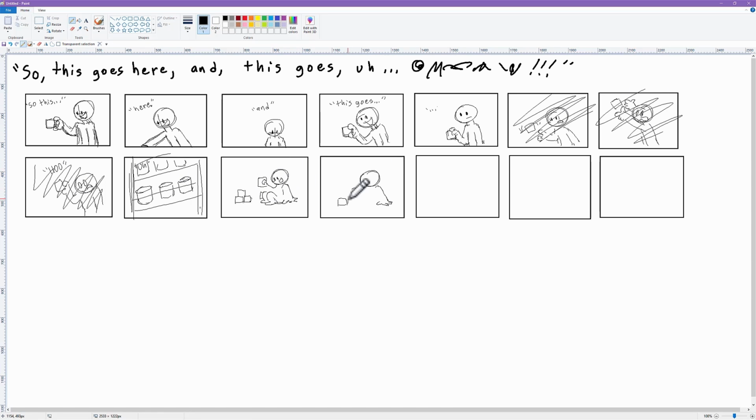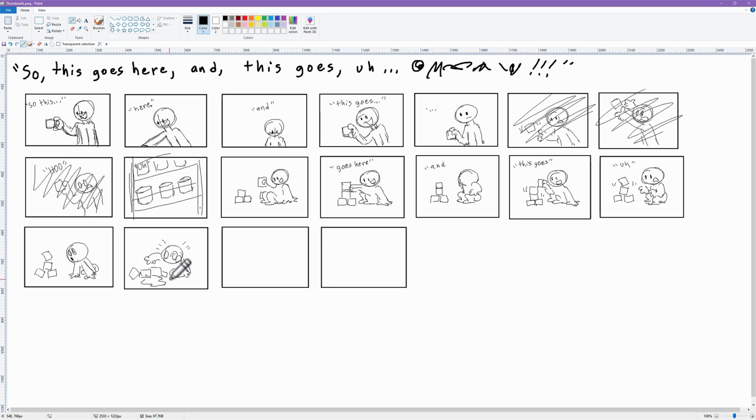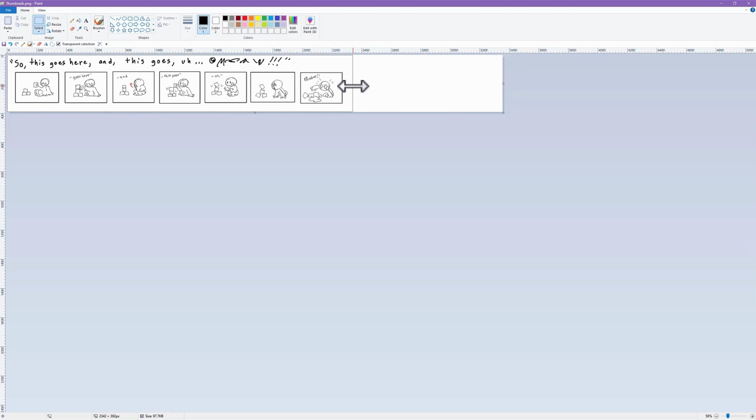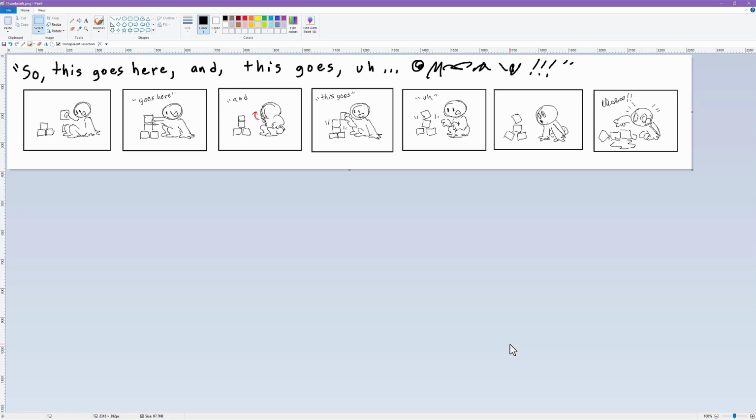Something that would be very helpful for this step is knowing how to storyboard. There's different things to know for storyboarding, like different ways to position your camera, different kinds of shots. If you'd like me to do a video on how to do storyboards, let me know in the comment section below. So there's our thumbnails. Just really quick, simple doodles just to get the idea of the story down.